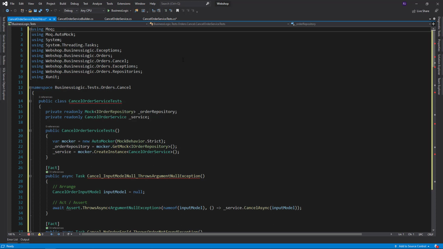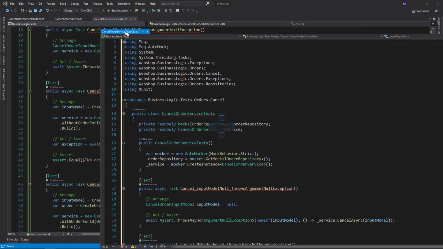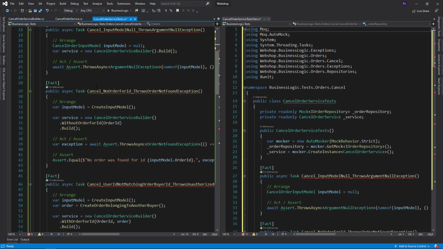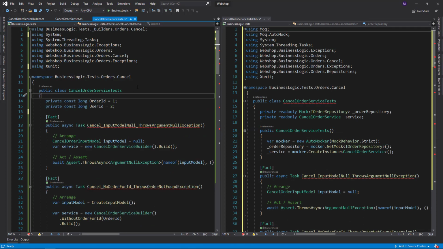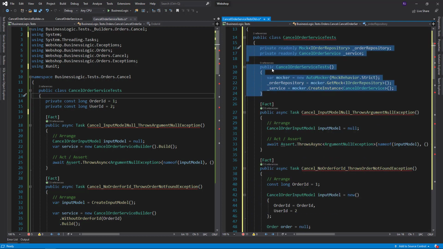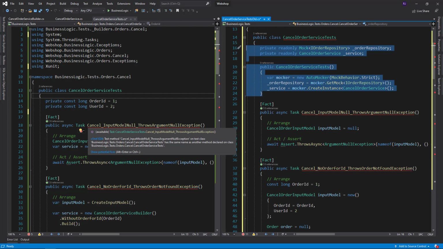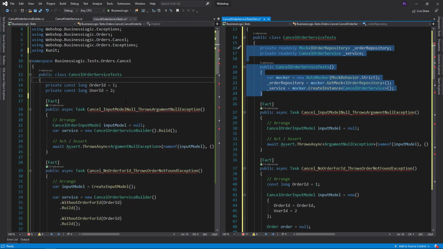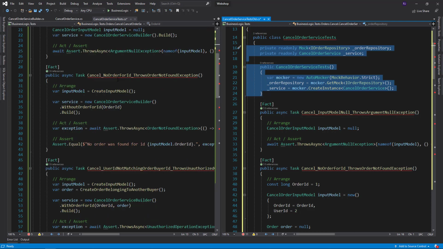yeah, it complains over the fact that we have a duplicate test class and duplicate test methods, but that's not of importance for me for now. I simply want to compare the two to show you the difference between the tests and how they are much more readable now. So we have replaced this, which makes it a bit more readable, but it's most relevant within the test methods itself. Like I said, this test method is so brief that it's not really of interest to compare it, but